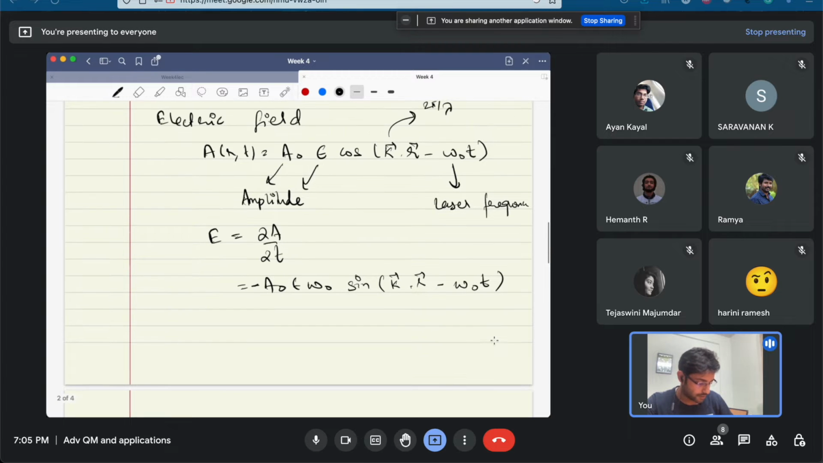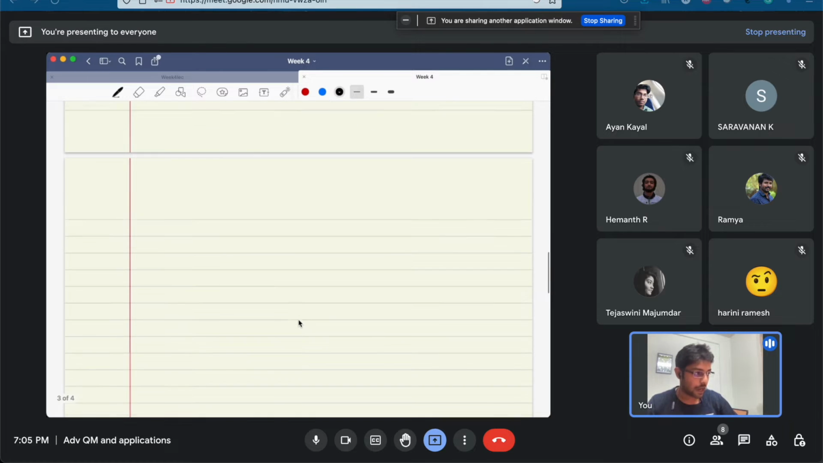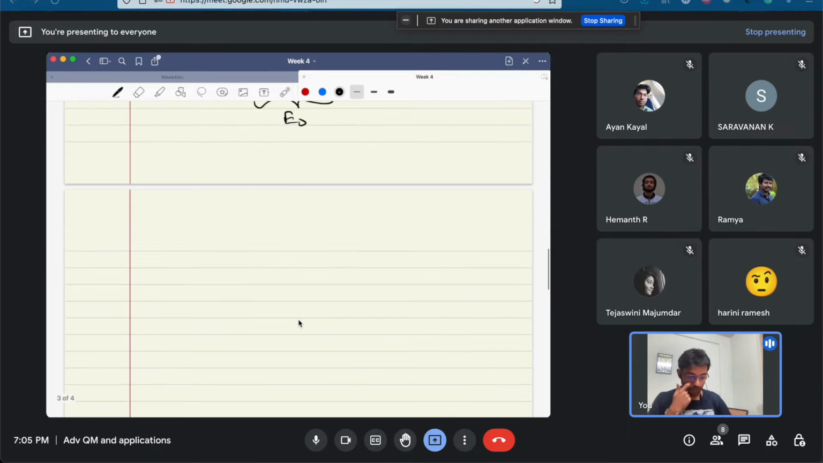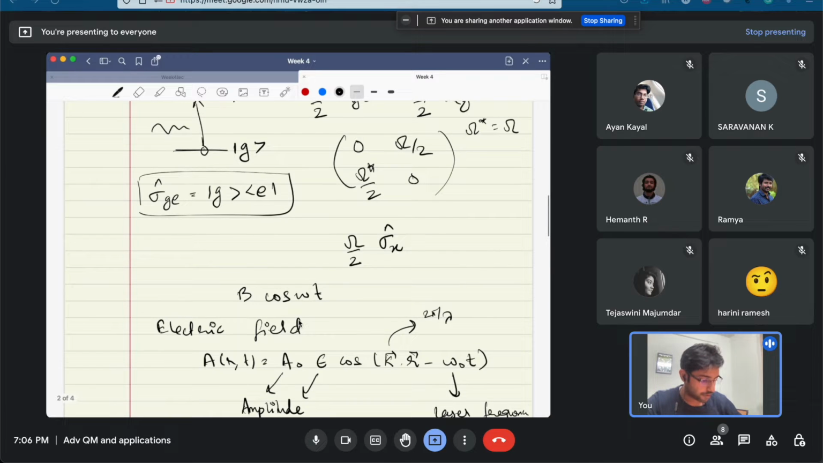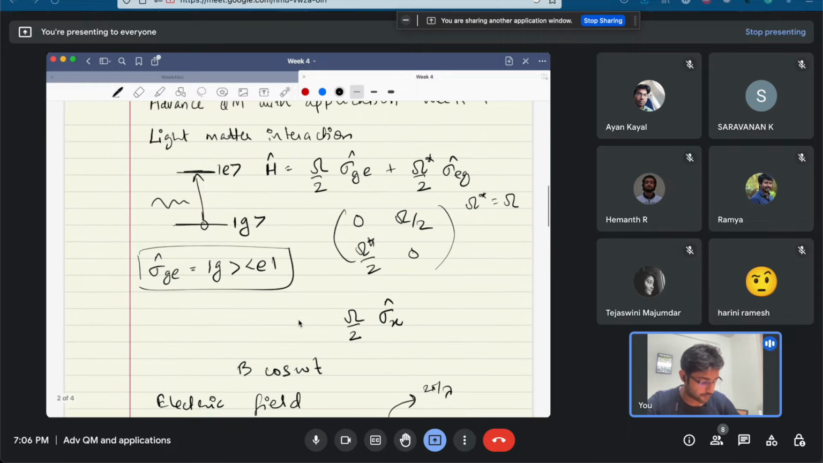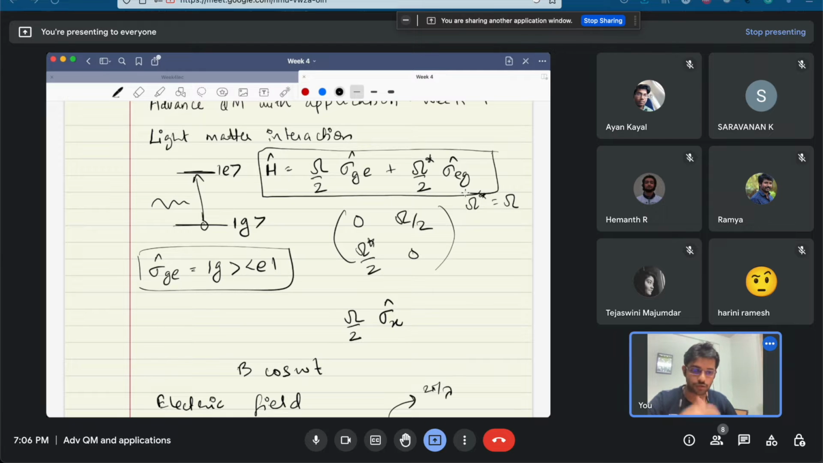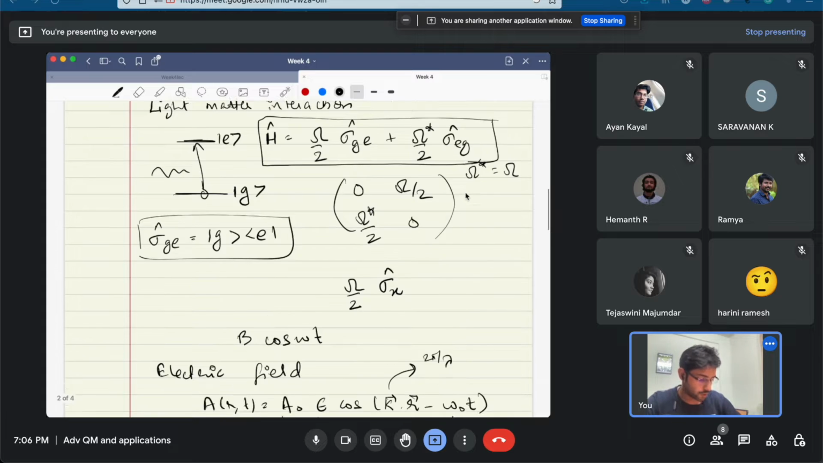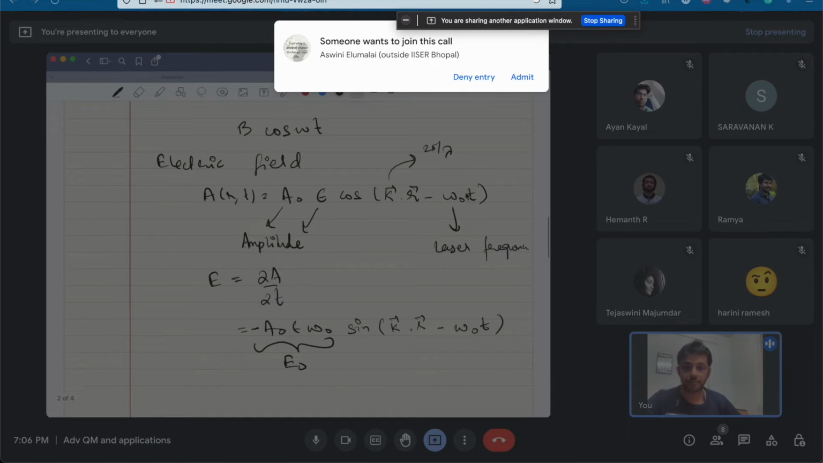Okay, so this is essentially your E naught, that is the amplitude of your electric field. Okay, so let us see how one can derive such a Hamiltonian. This is a very simple Hamiltonian that you have already seen in an NMR context as well. So if you consider